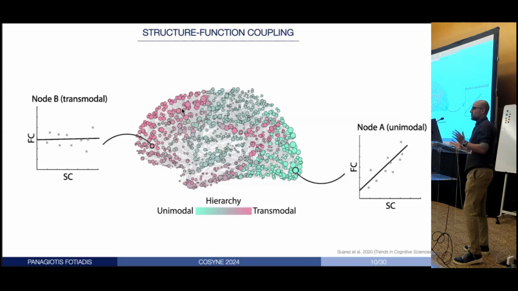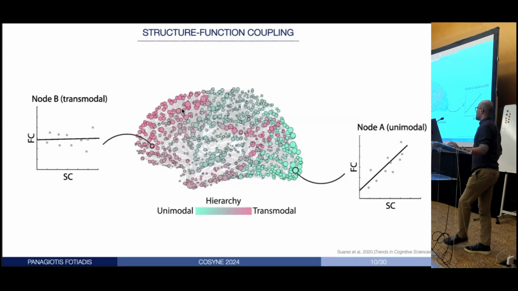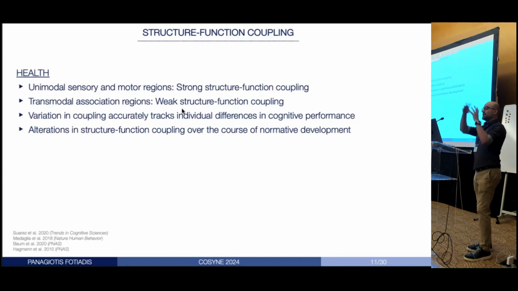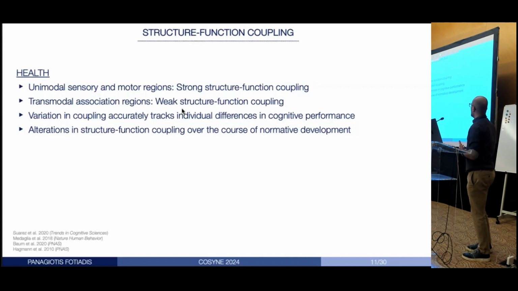In humans, pretty well is a correlation coefficient of 0.3, but that's another story. We can talk about that later. But then you have other brain regions, such as, for example, the ones in the higher order association cortices, like the prefrontal cortex and the limbic cortex, where essentially there's a very nonlinear relationship between brain region structural connectivity and functional connectivity. If you know the one, you cannot necessarily say much about the other. And indeed, a bunch of publications have shown this heterogeneous expression in structure-function coupling across different brain regions, depending on where they are placed in the unimodal-transmodal gradient.